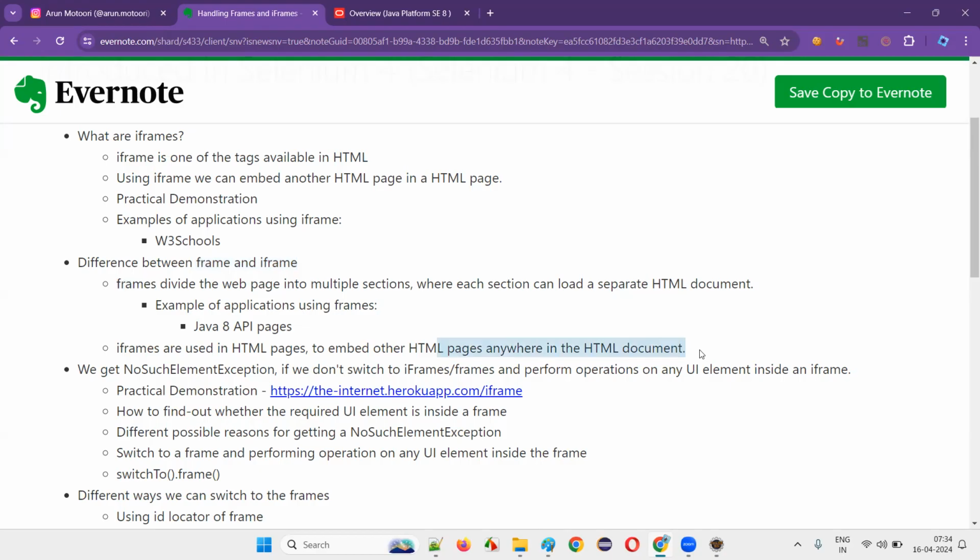Okay, anywhere, in any portion, any place of the HTML document, if you want to embed one web page, then we go for a free flow kind of approach. Here it's very flexible. Iframe is very flexible, whereas frames will be done only in the form of sections. They have to horizontally or vertically cut the page. Those are frames. Got it? Horizontally or vertically cutting the page is frames, whereas iframes flexibly define the height, width, and